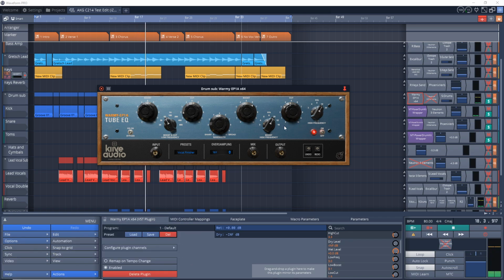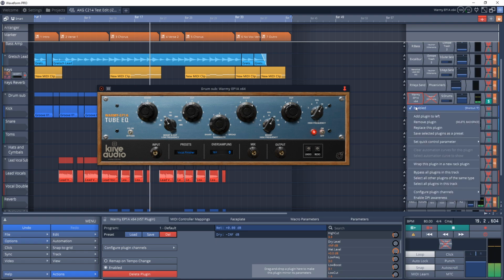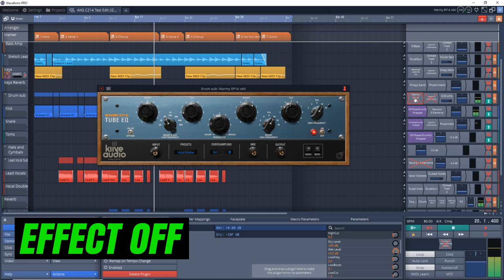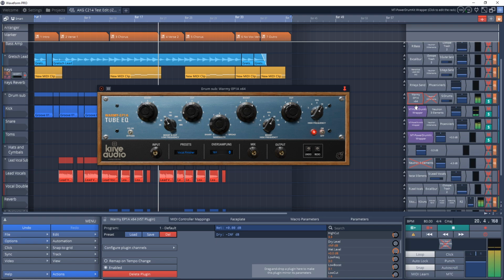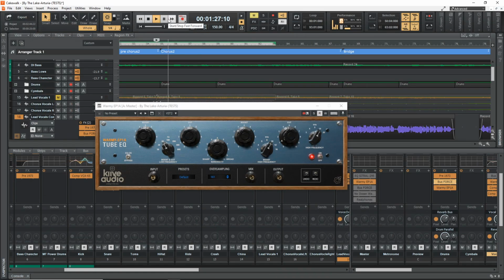I've been using this one quite a bit on my mix bus, drums, guitars, and even on my vocals, but mainly on the mix bus lately. This style of EQ can be very forgiving, and it can really help to create a more thick sounding mix. It's available on Mac and Windows in VST, AU, and AAX formats.